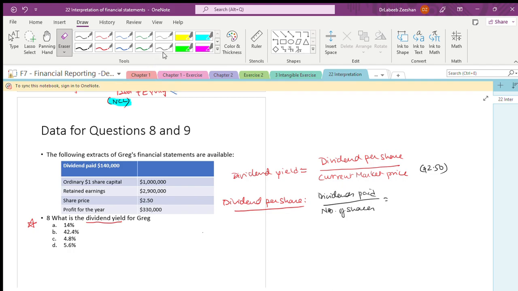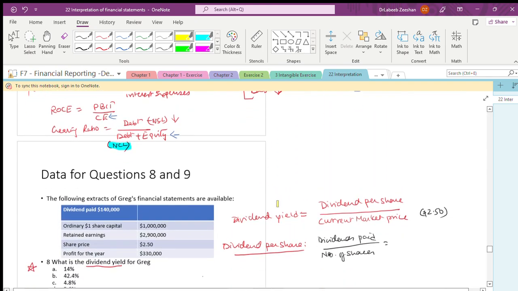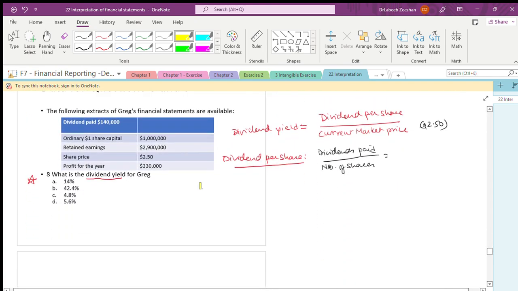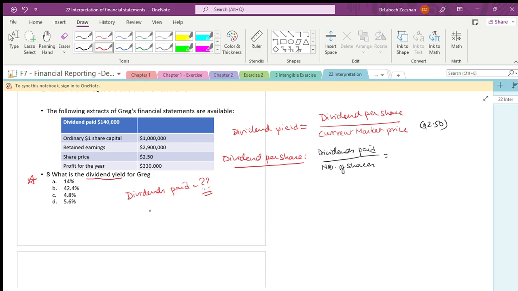One minute. Data for questions 8 and 9. No, we need dividends paid, is it right? We need dividends paid. Maybe while typing it from the textbook, I may have missed it. One minute, okay? Just one, I will refer to the